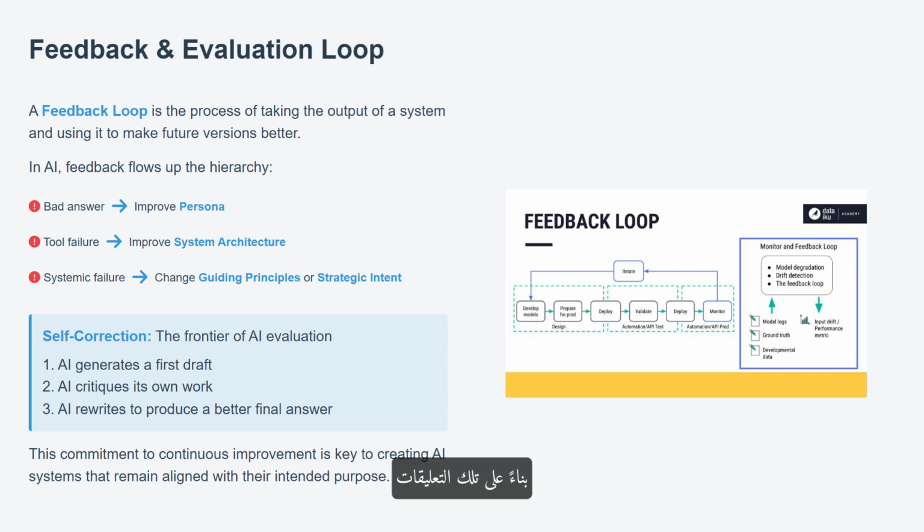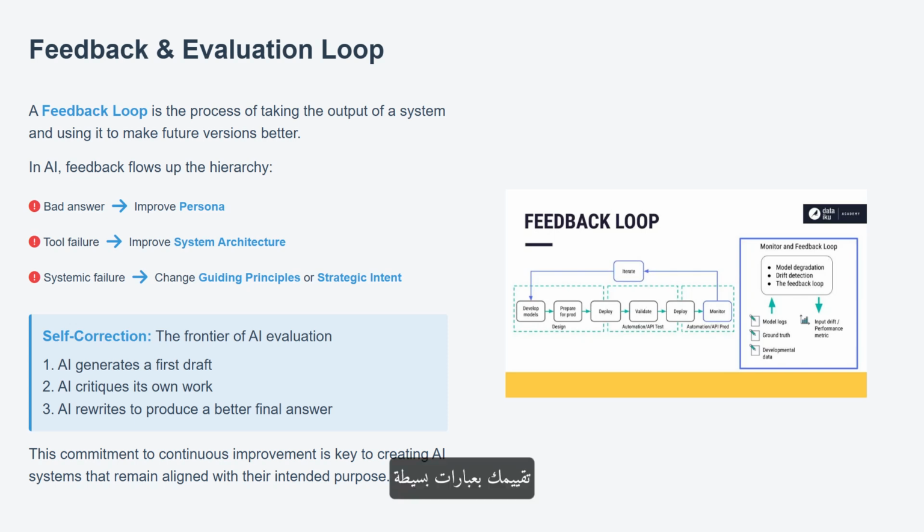Based on that feedback, a change could be made to its core directive. A new, better directive might be: first, list the recipes that are a perfect match. Then, before showing the steps, ask the user to confirm they have all the required ingredients. This directly addresses the failure based on feedback.